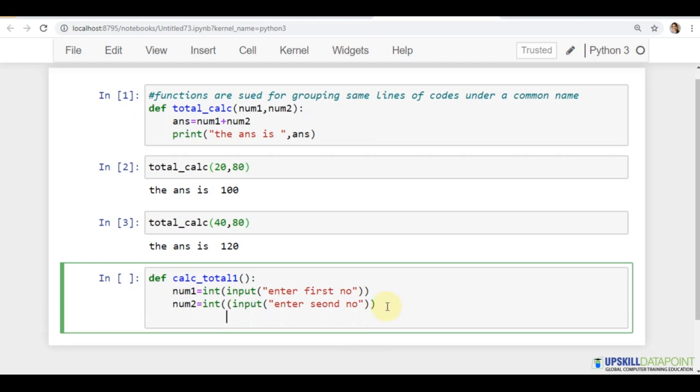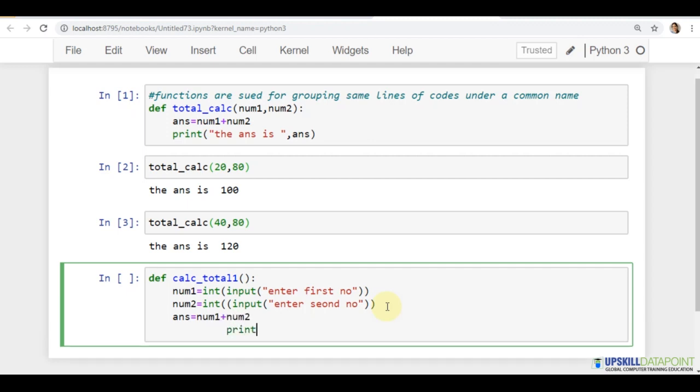So now I need to find the sum. I'll say answer is your num1 plus your num2 and I'll print the result.